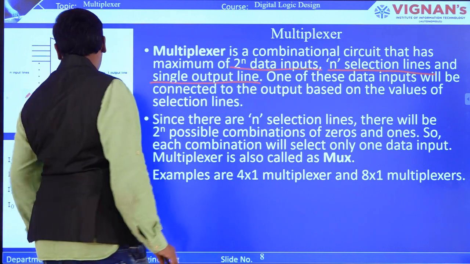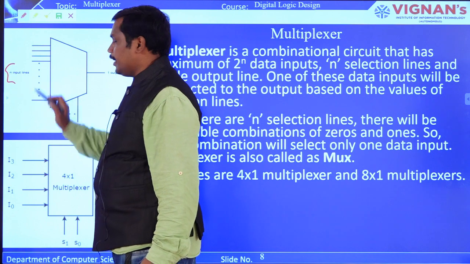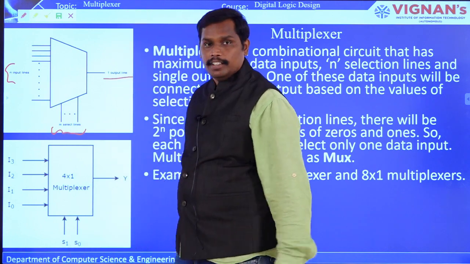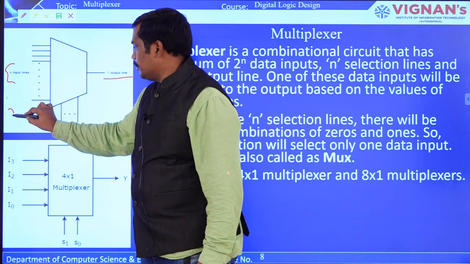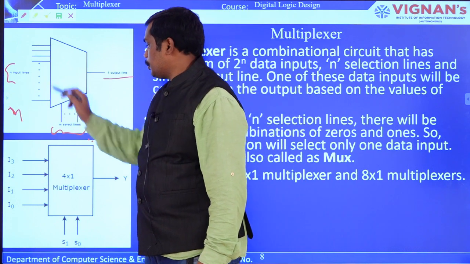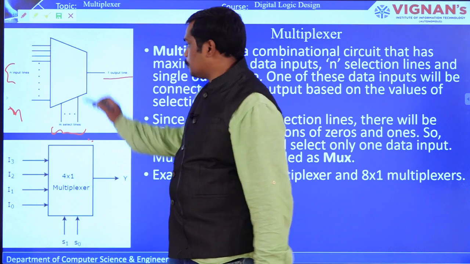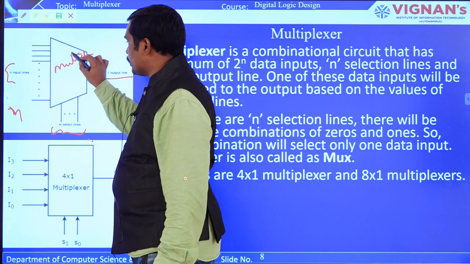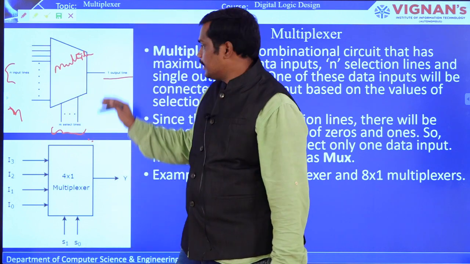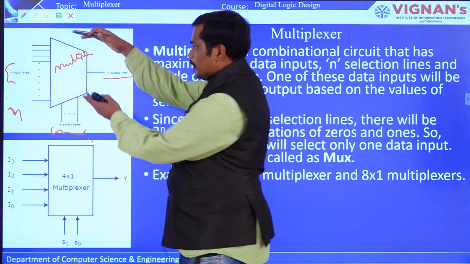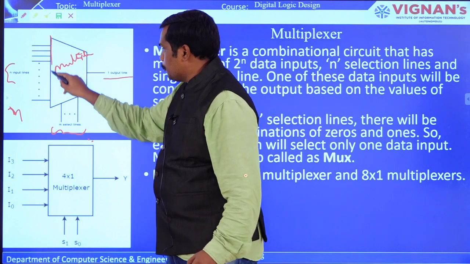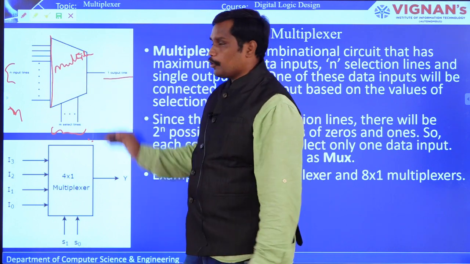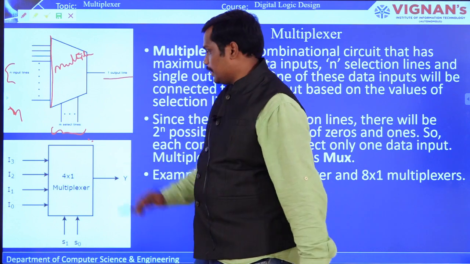So you can see here that there are n input lines with m selective lines and then one output line. Okay. This is what we call a multiplexer. You can see here there are more number of input lines and here only one single output line. That is why in the symbol representation the more number of input lines are here and one output line is there, right? So this is how you are going to represent the block diagram of a multiplexer.